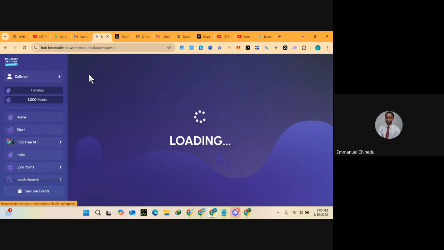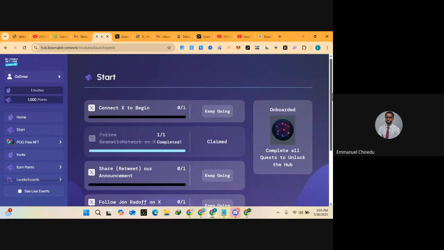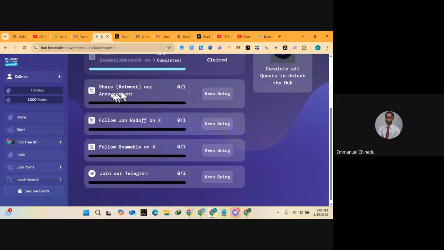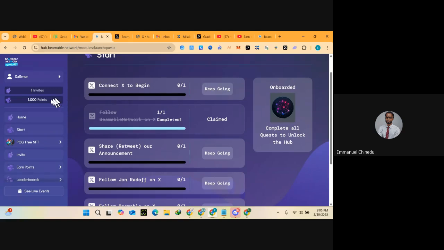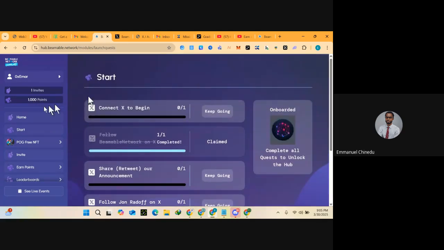You go back and do all of these tasks. Now, if you continue doing that, just read the instruction, do the task, read the instruction, do the task, join Telegram, join whatever, whatever. You claim all of those points, right? See the one I did now, claimed. Now, once you're done, you can go to